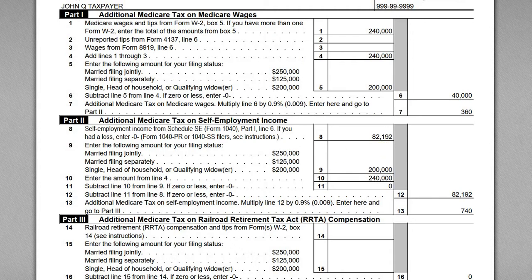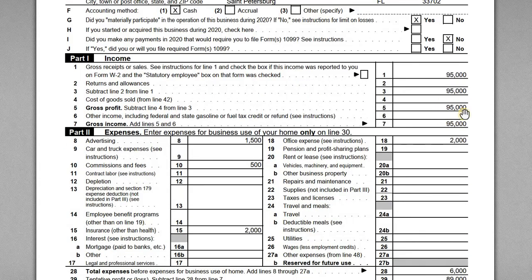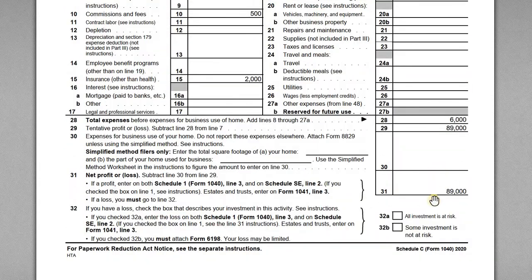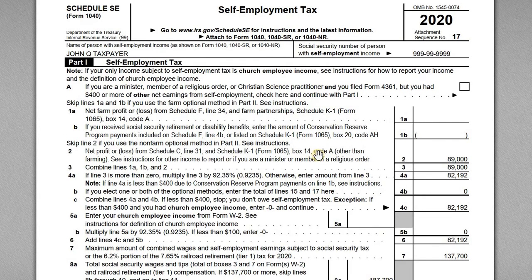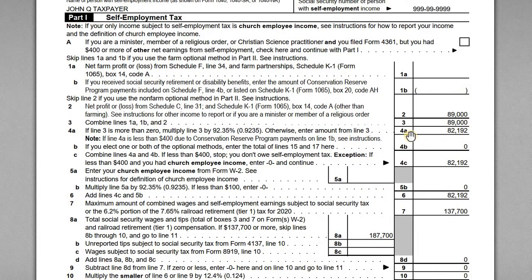So if I jump down here to Schedule C, so here's his Schedule C. He's got his income, expenses. His net profit or loss is $89,000. So that's the Schedule C net self-employment income, but why are we only using the $82,192 figure? Well, Schedule SE is where you compute the amount of tax on your self-employment income. And the amount of self-employment income that is actually subject to tax is this reduced number here, 0.9235, the